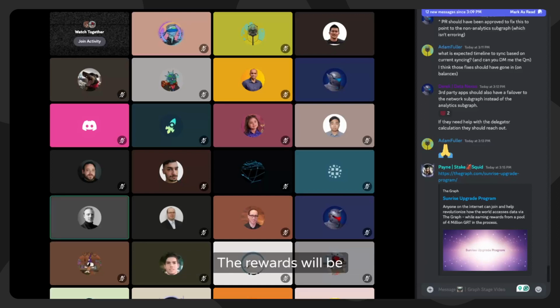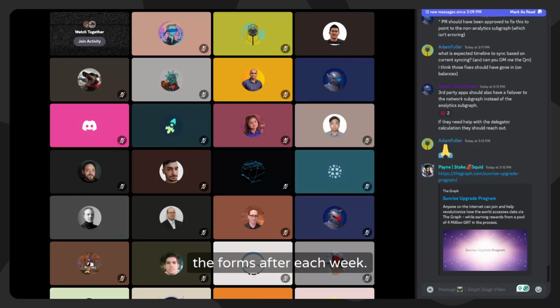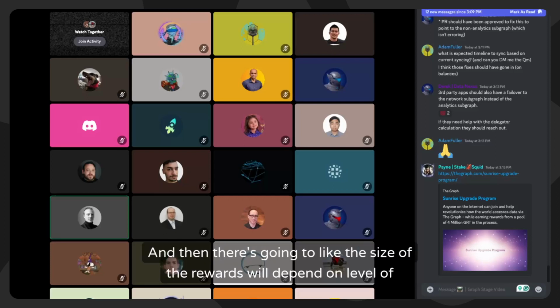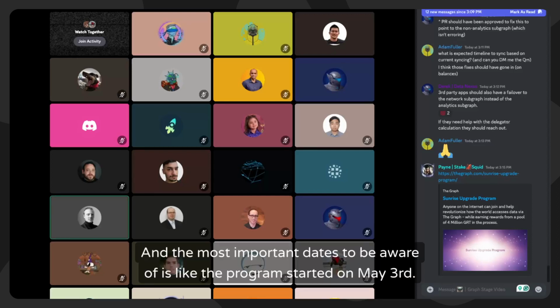The missions will be checked by our team, the submissions that people put into the forms after each week, and the size of the rewards will depend on the level of execution and also how early they were when submitting their forms. And the most important dates to be aware of are